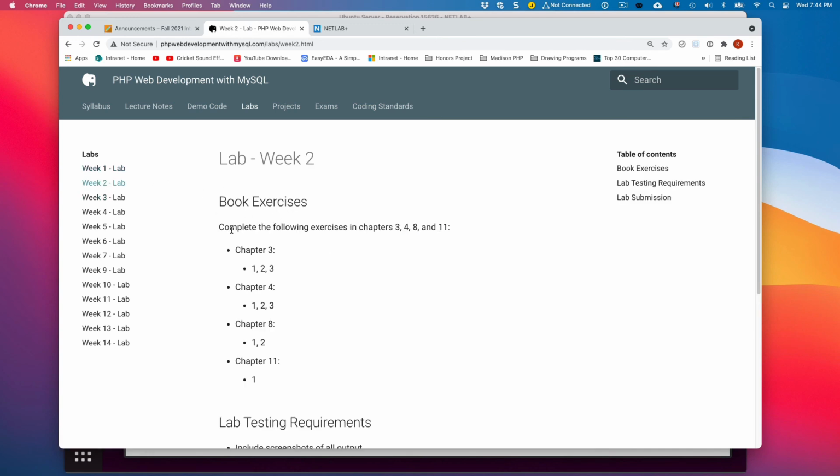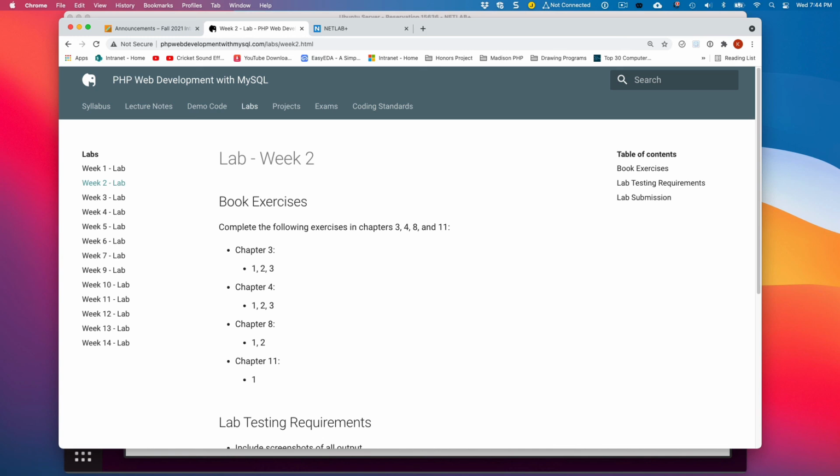What I have you doing is completing the following exercises in chapters 3, 4, 5, 8, and 11. I don't want you to do anything in chapter 12 just yet. Actually, I might add chapter 12 in here. Let's see, do I want you to do that? Yes. So I'm going to add chapter 12 as well.